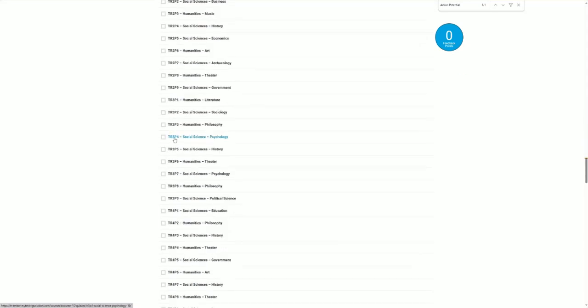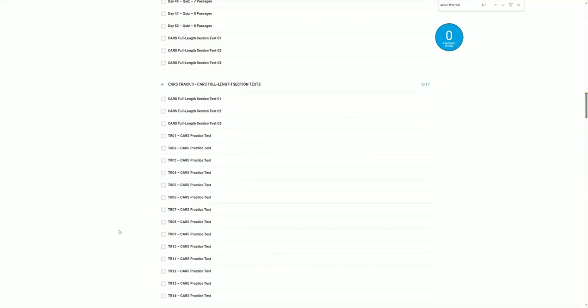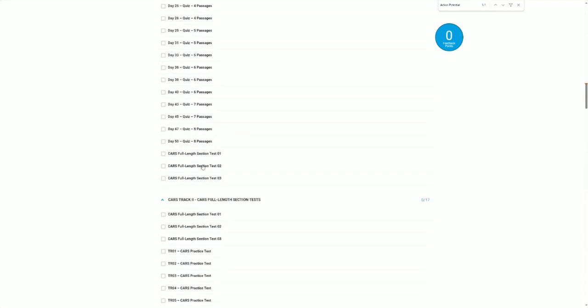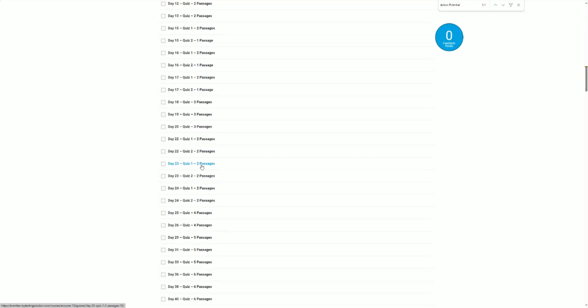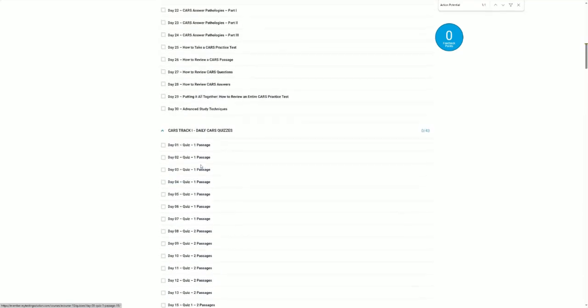Test 3, so you can take some of them as individual full lengths, however you want. The final way to take those 180 CARS passages is what's built into the course itself, which are